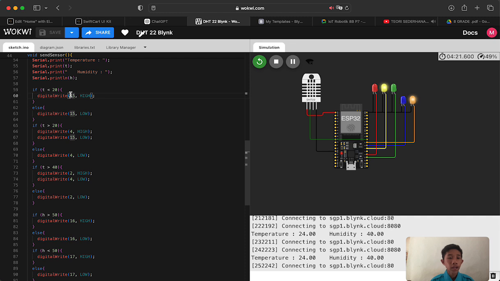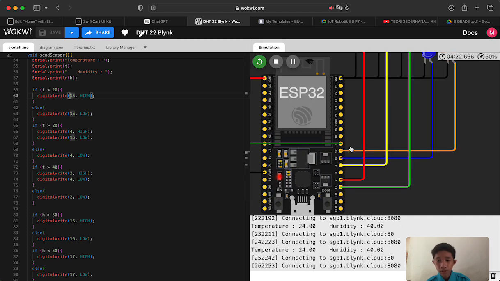So 5, we can see in here, 5 is green, so green is high, and after that if not, it is low. It means it is off and on, like that. High is on, low is off, like that.